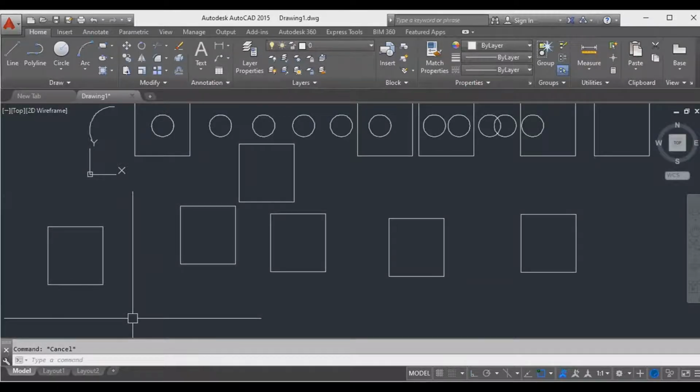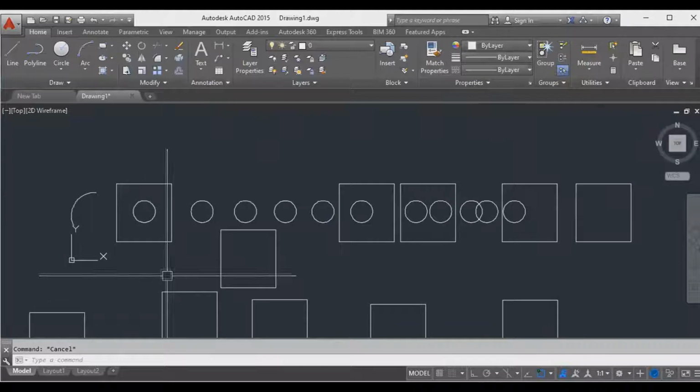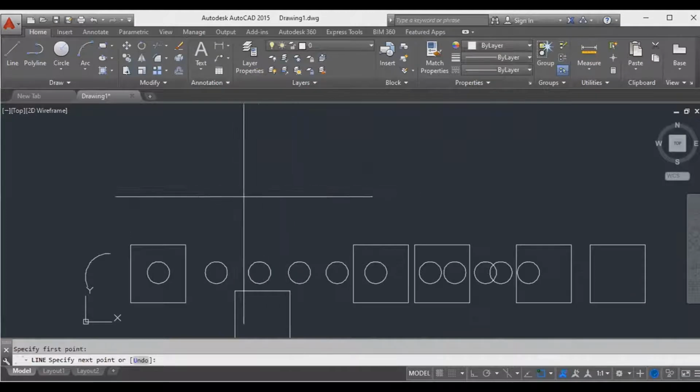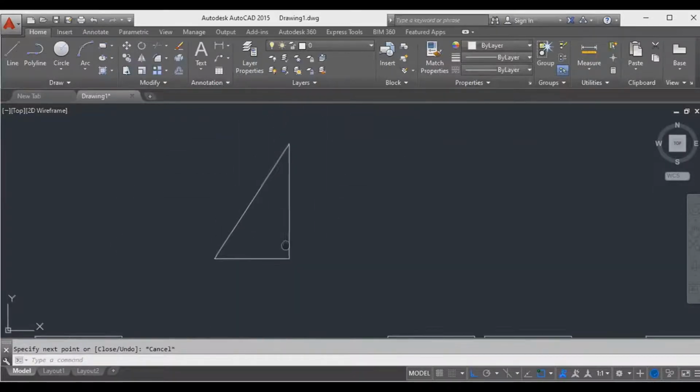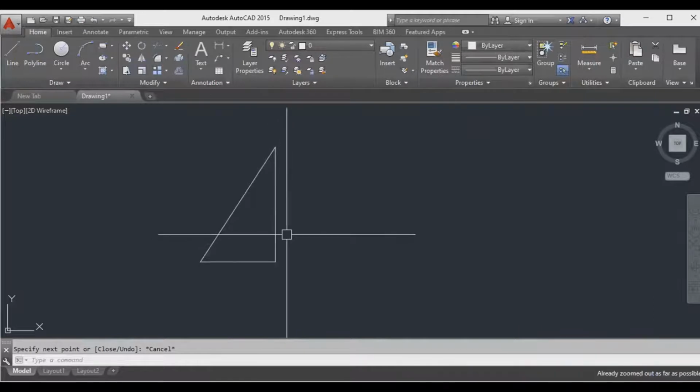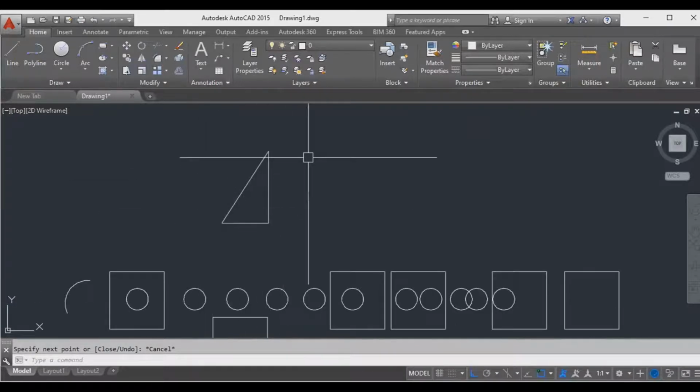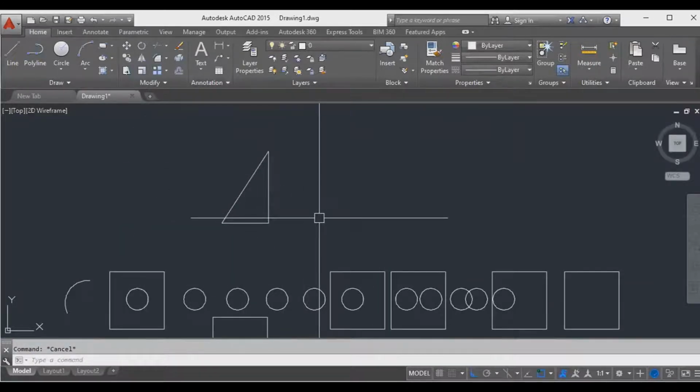The third command is mirror. Okay, I don't want to go to mirror before that. I want to do rotate. Rotate command: if you want to rotate the object from one direction to another direction, you can do it. Now I'm going to draw one triangle, a 90-degree triangle. Okay. See, I already drew one circle, one triangle here. I want to rotate this object to another direction.